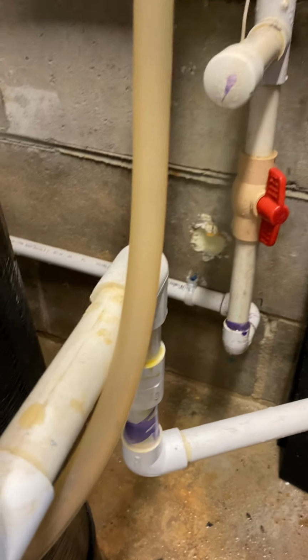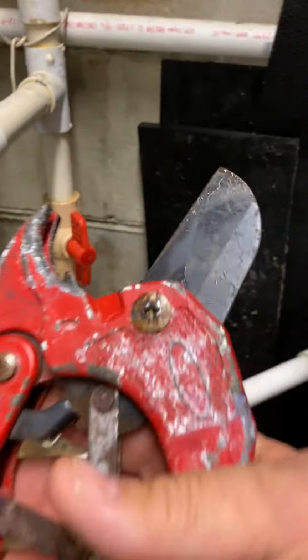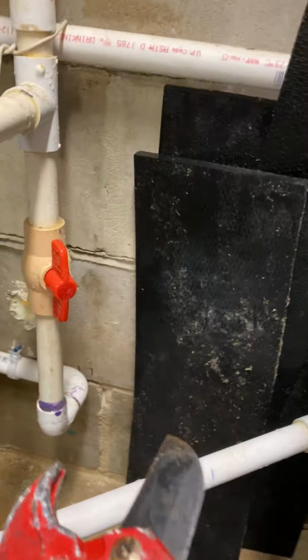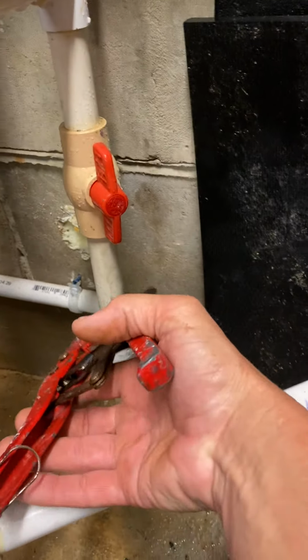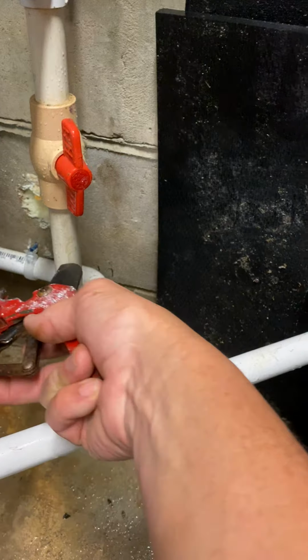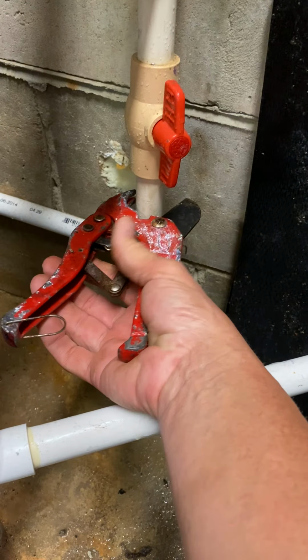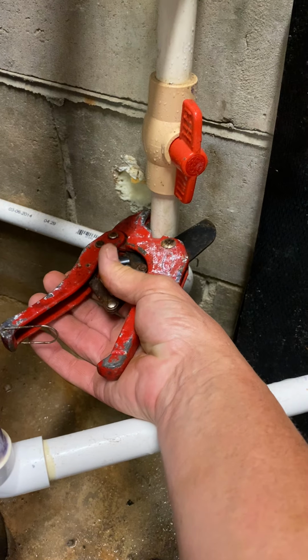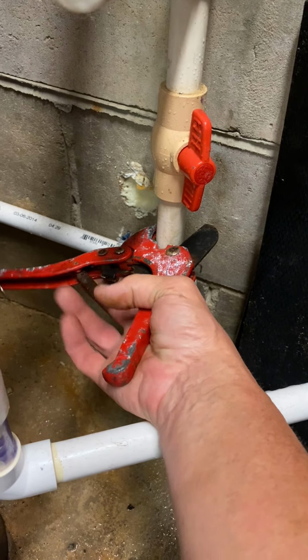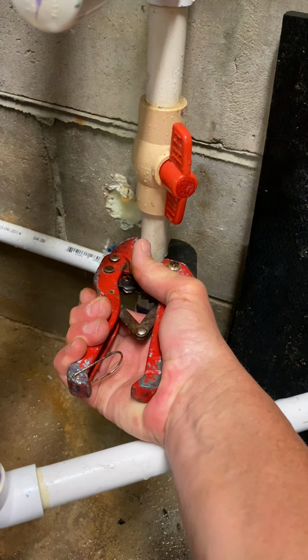All right, I had to take a brief intermission because my cutters were all corroded, so I had to put some WD-40 on them to get them working again. But I'm going to start right here because I figure this up area, that pipe right there, is probably the one that's gummed up, and this up part is going to be a place where sand could collect. I live in Florida, and so